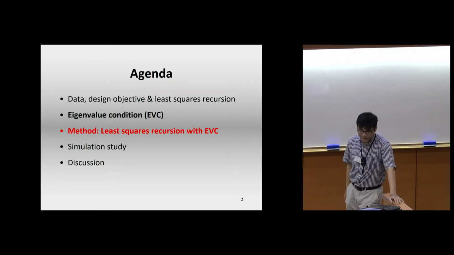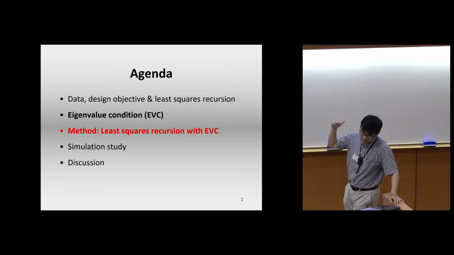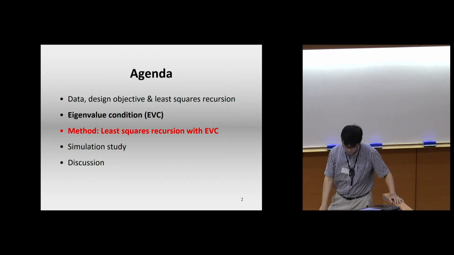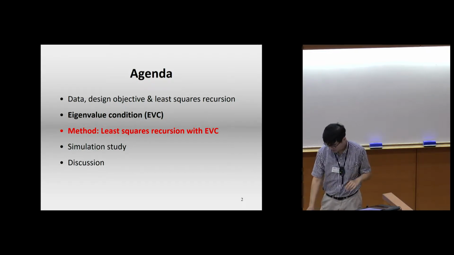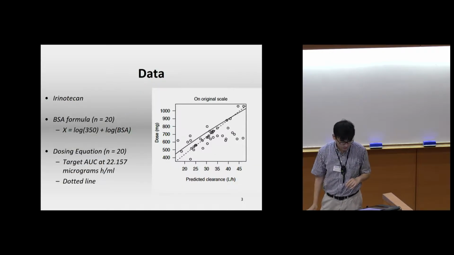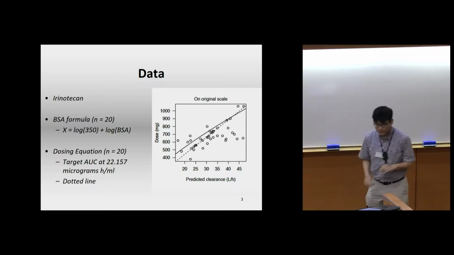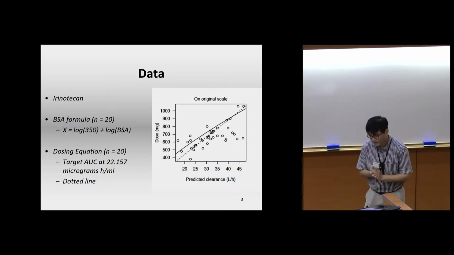This is a brief outline of my presentation. The highlight of the presentation will be to present a method which I call least square recursion with eigenvalue constraint. This is a very brief outline: motivation, some review of the theory, and then the method, and then some simulation discussion. So hopefully we can spend more time on questions and answers. It's an interesting project. So let's start with a data set from